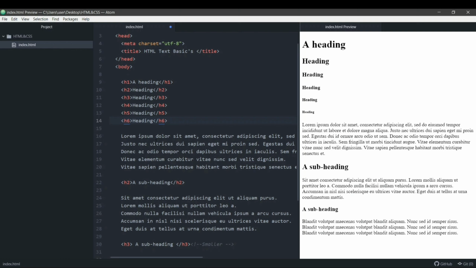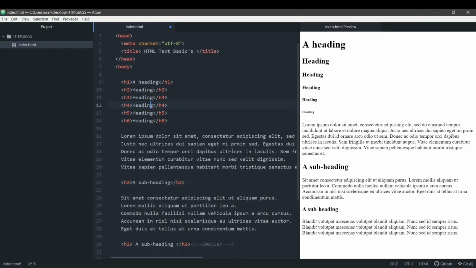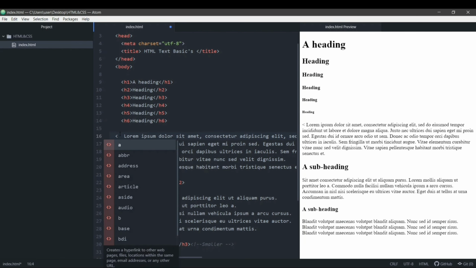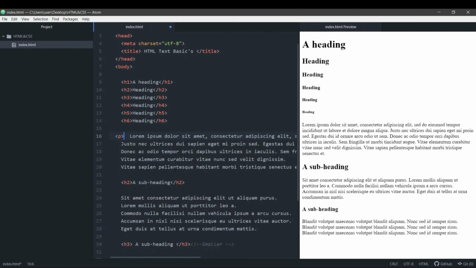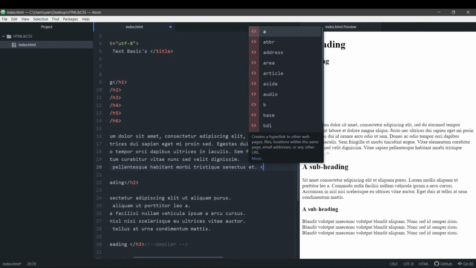Now, the next thing I want to do is make my browser know that this is a paragraph, and that this paragraph is related to this H1 tag. Right now, the browser does not recognize this as a paragraph. The browser recognizes it just as normal text. So how can we tell a browser that this content is not normal text, this is a paragraph? This whole complete paragraph is connected. So we'll add a paragraph tag. The syntax is, you open a bracket, write P, and then at the end of the paragraph, we'll add a closing P tag.